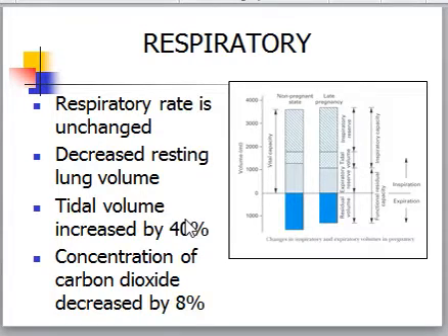Respiratory rate is unchanged. The residual volume decreases by 20 percent, and the inspiratory reserve volume increases. The diffusion capacity of the alveolar membrane does not change significantly. But in the third trimester, in spite of the elevation of the diaphragm due to the increase in the size of the uterus, ventilation is not impaired significantly. Followed by that, we are going to see